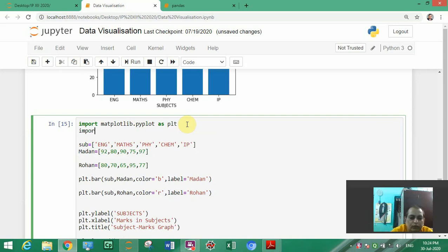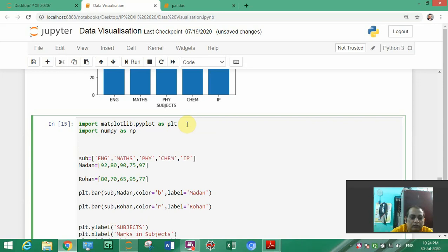First you write import numpy as np and create x equal to linspace 1 to 50 or 55 and interval of 5.